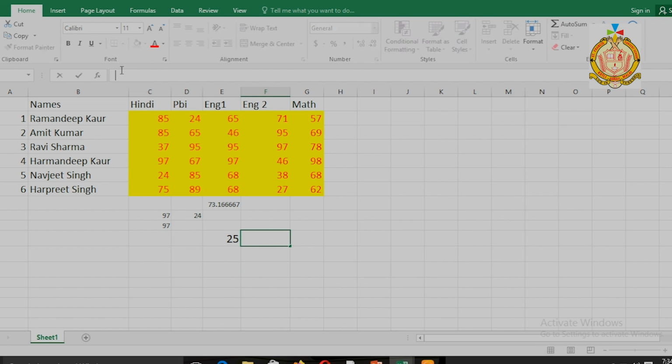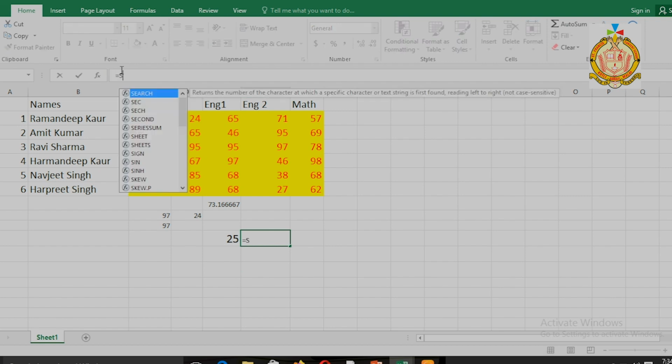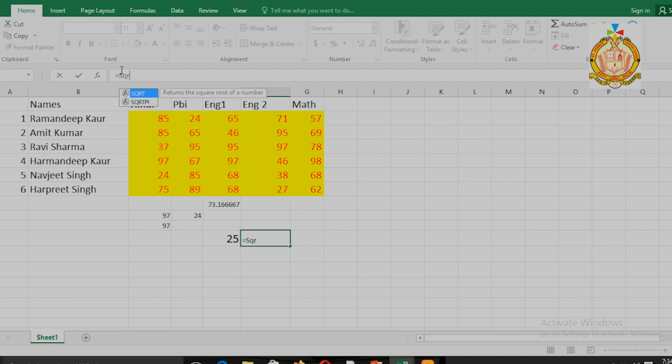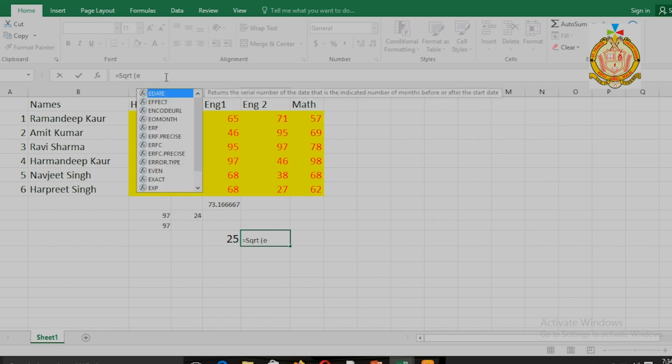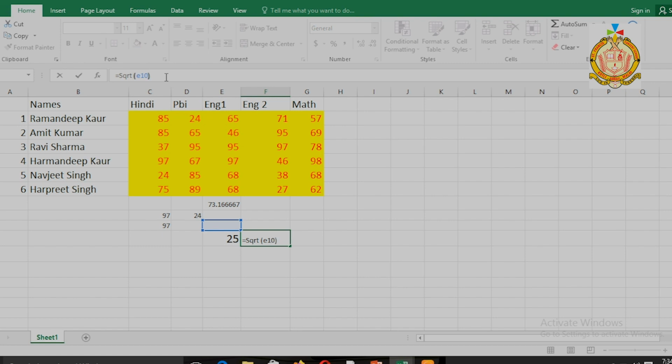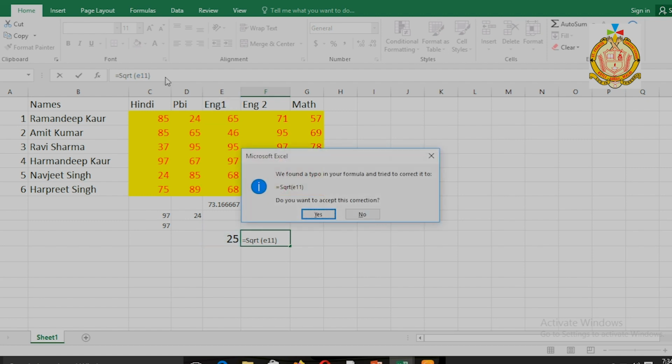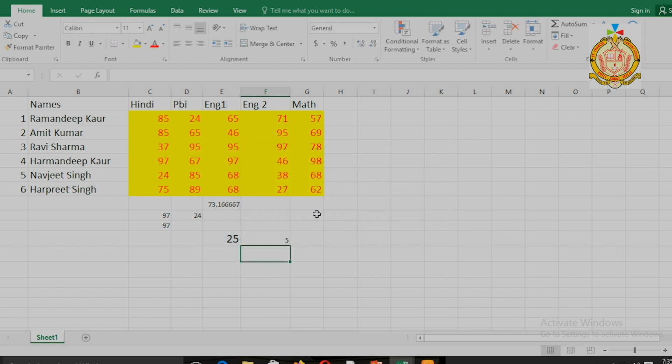Then equal to SQRT, then the cell value, E11.